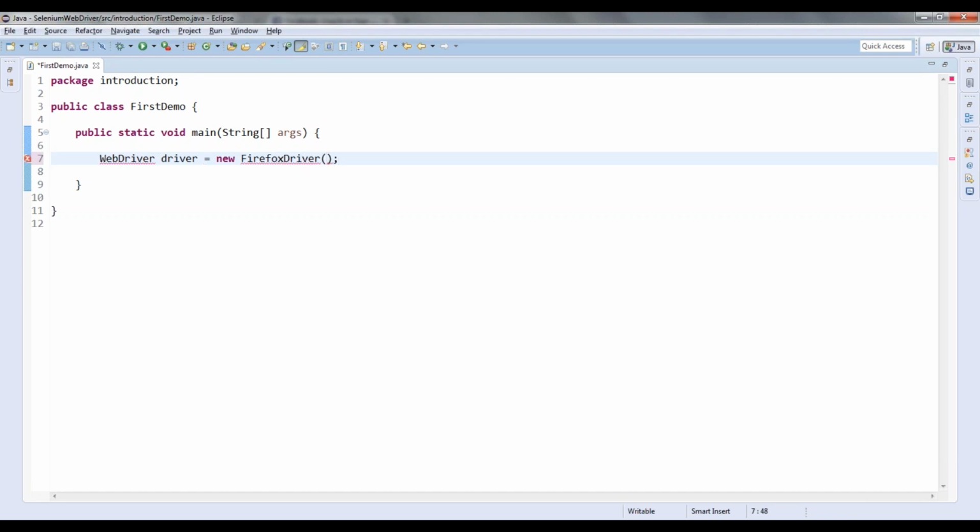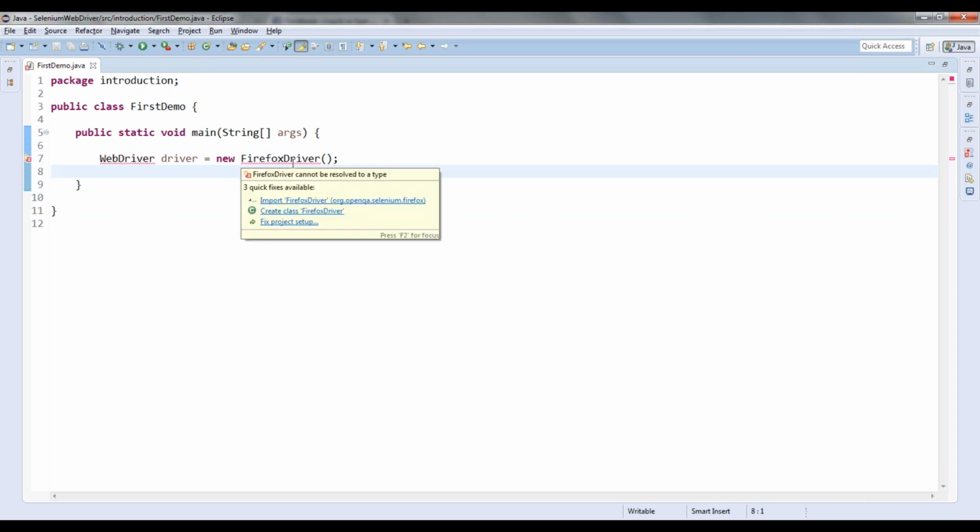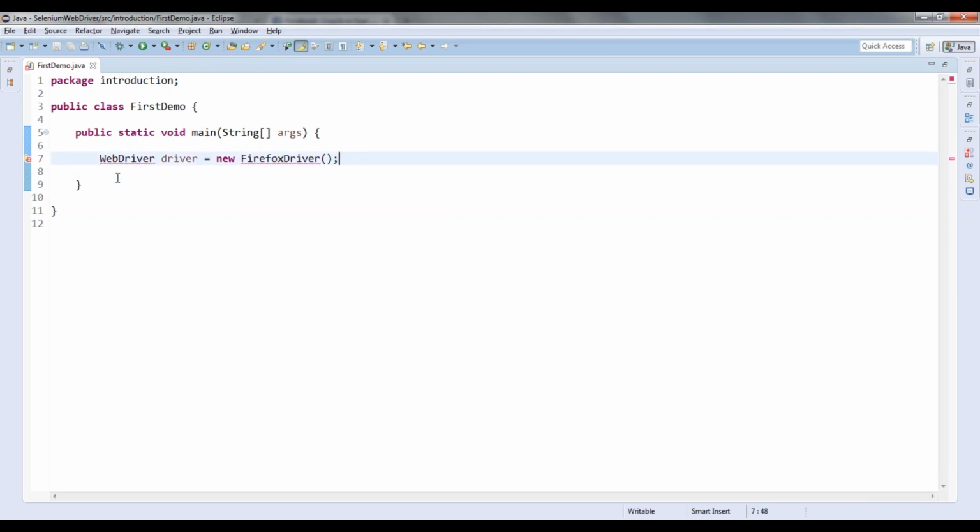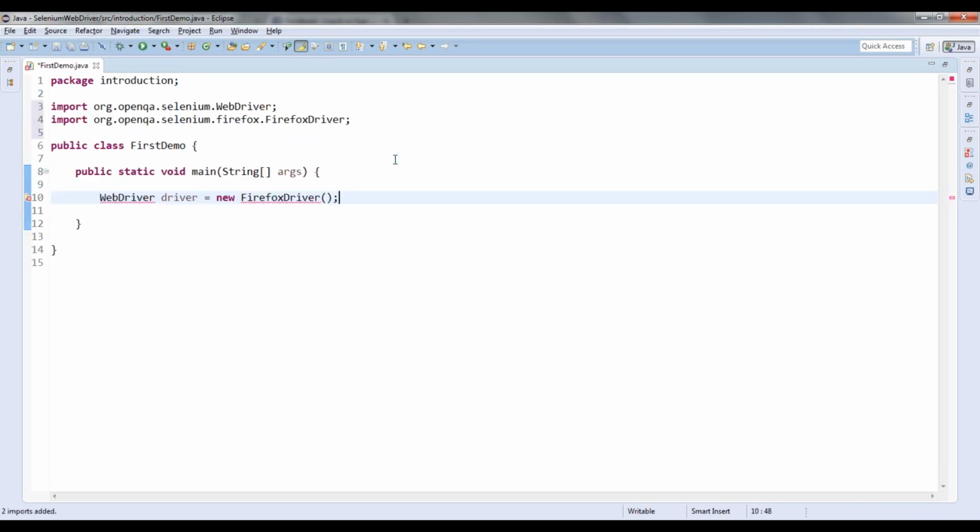So this is the correct syntax, right? But I need to import them. For that I have given a shortcut. If you have more than one package to be imported, just now today I have told you, Control Shift O. It will import everything.